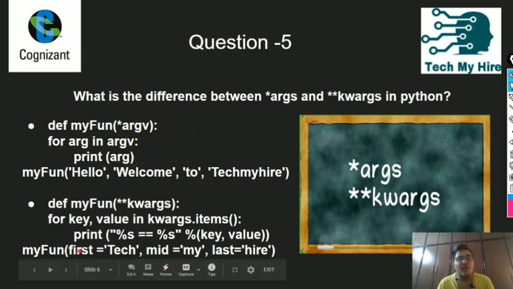In kwargs, I am passing Tech Mahir with the keys. So it's a key value pair, which is type dictionary. If I want to print that, we use items. This is a function of dictionaries where we can print key and value. So this is the difference between args and kwargs, which is a very important question for freshers and for experienced people.